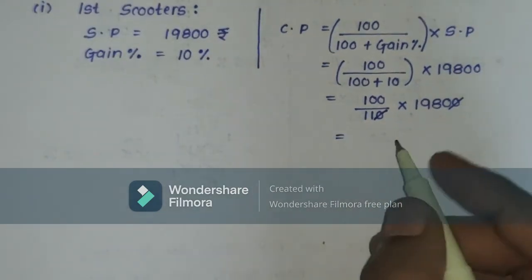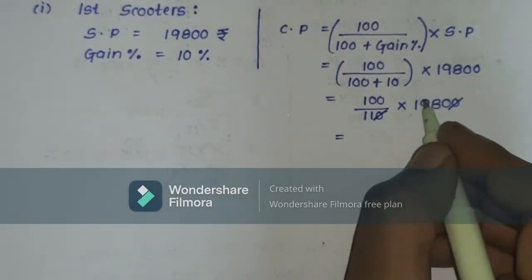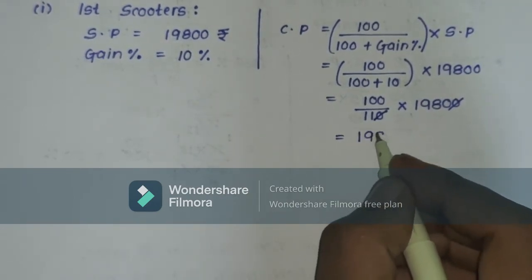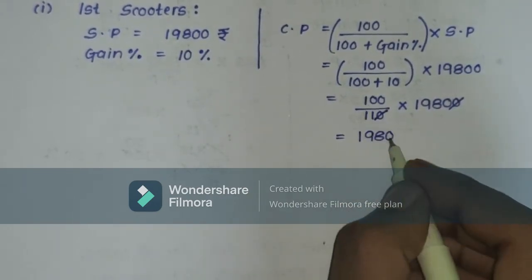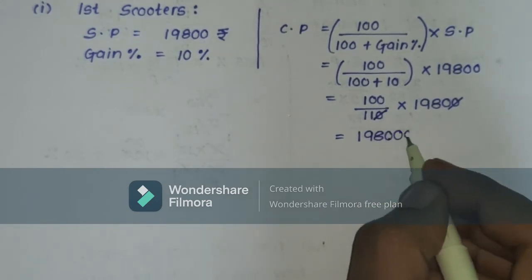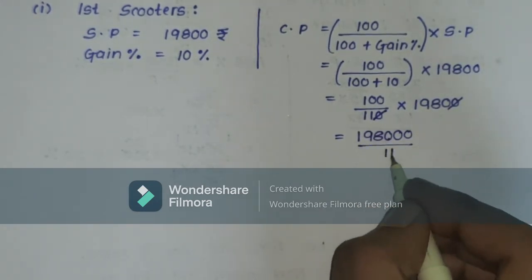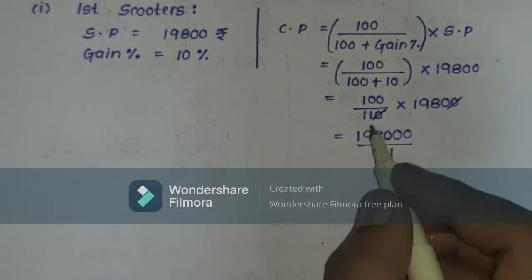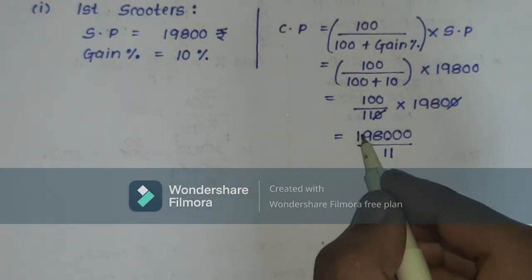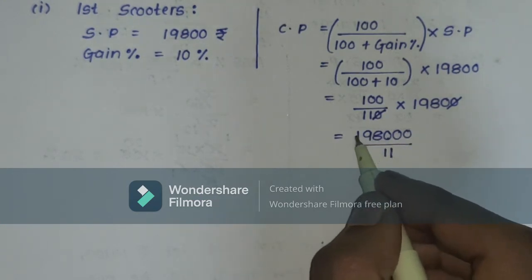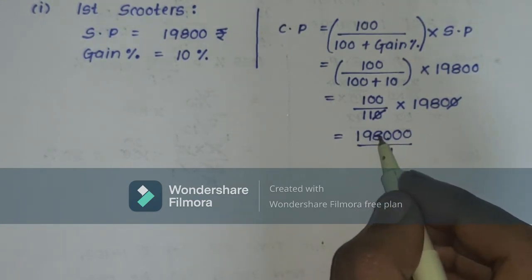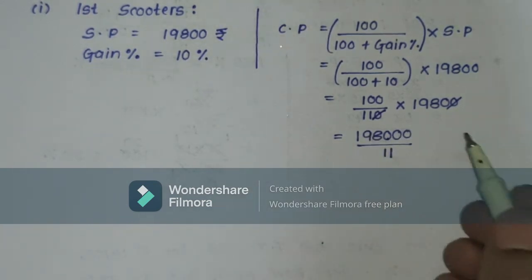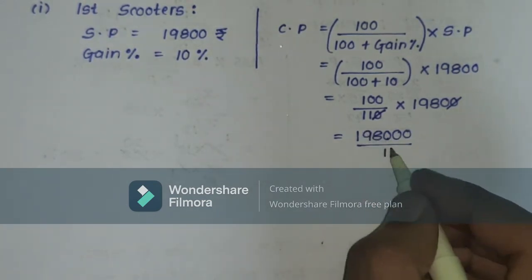Now student, let us make it one numerator. There are two numerators, student, right? So 1980 multiplied by 1 will be this value. We have two more zeros. Just add two more zeros. Now 11. Now student, what is the divisibility rule for 11? The sum of odd digits should be equal to the sum of even digits. See, 1 plus 8 is 9. That is the odd digit, right? And even digit is 9, right? Rest are 0. So they are equal. So we can say they are divisible by 11.